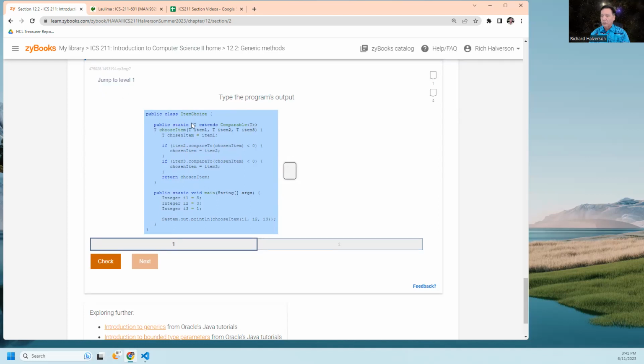So we have a class called ItemChoice. Integer I1, I2, and I3, and we're supposed to choose an item. What does choose item do? Well, choose item comes in, and first we set the first item equal to choose item, and then we compare